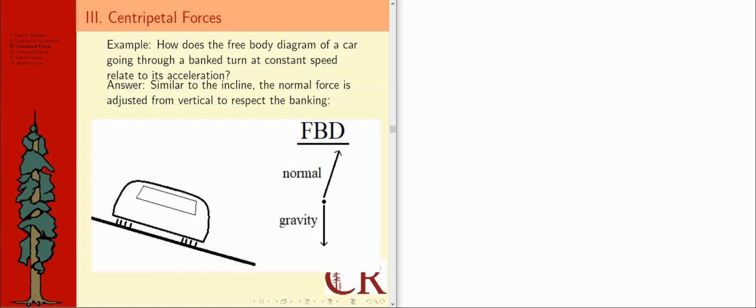But similar to inclines that we've looked at, like if an object is sitting on an incline or accelerating down an incline, basically a banked turn is like another kind of incline, right? It's maybe a little different in the sense that it continuously adjusts through the turn the direction of the incline, but still we're going to think of it like an incline. So that means the normal force is going to be adjusted from vertical to respect that direction of banking. In other words, this normal force better be at right angles to the road that this car is going